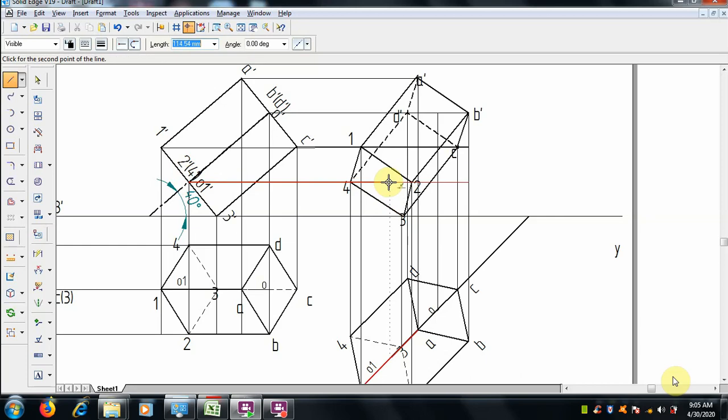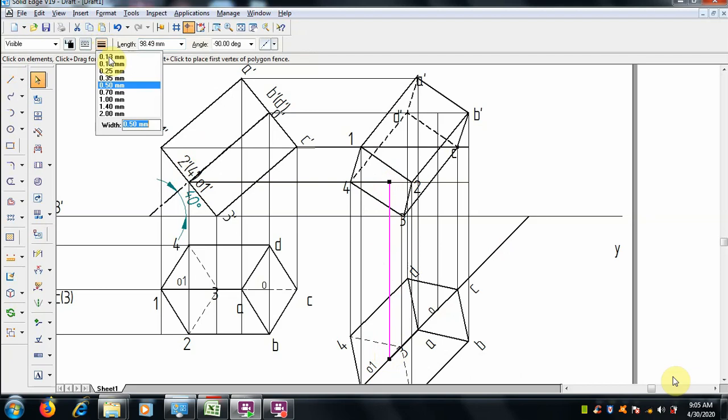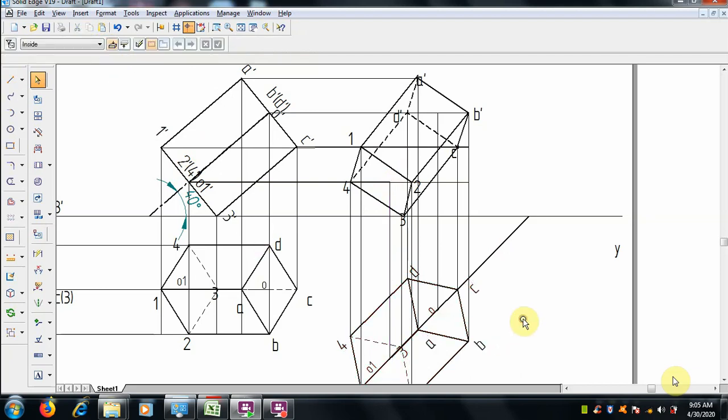So the base axis and lower end. 0.13 mm thickness, and we have to draw the axis from this point to that top here, that is O1.